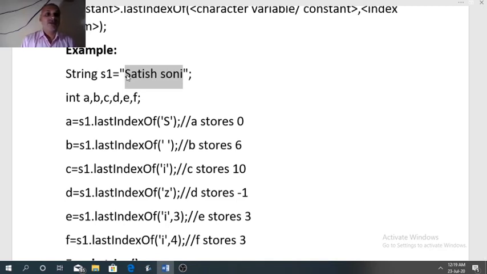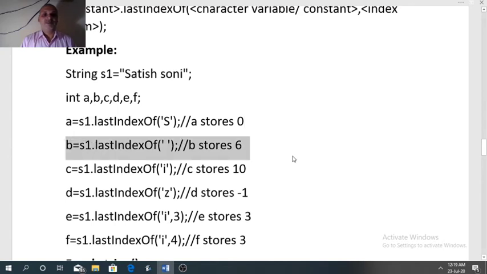So the index of capital S is 0. Second example B, to find the index of space. Here we have only one space, so searching will start from right to left. So the index of space is 6, just like the previous one.